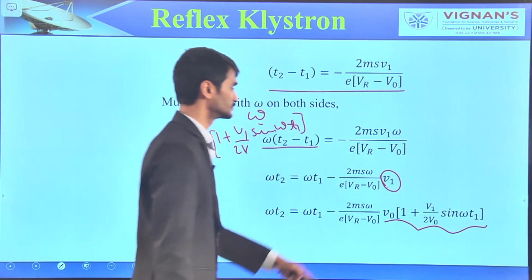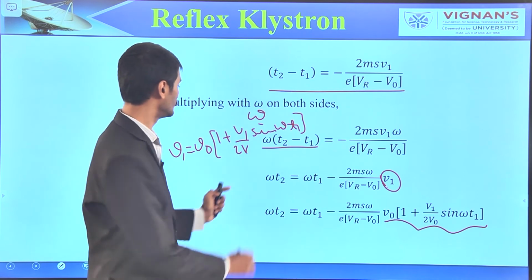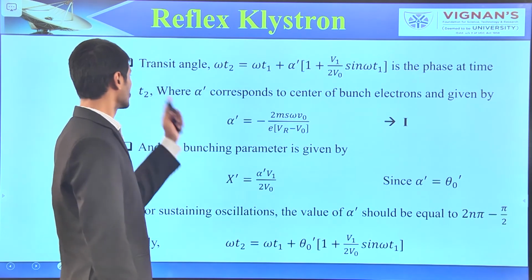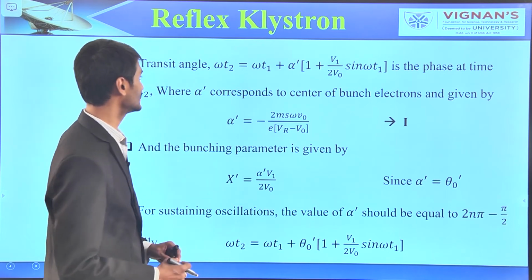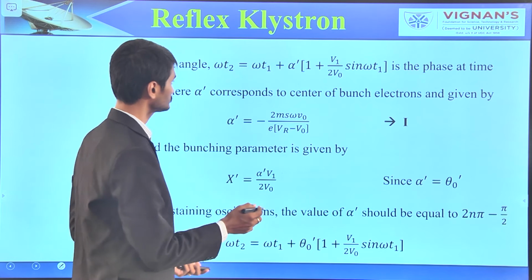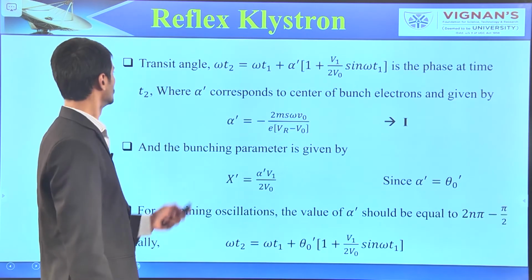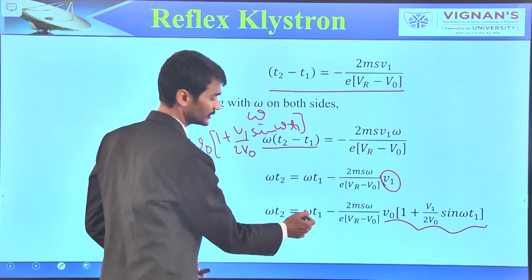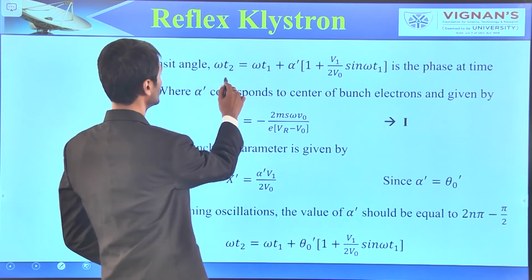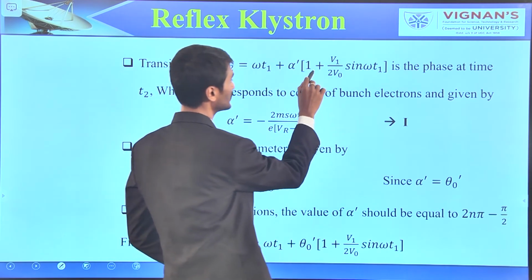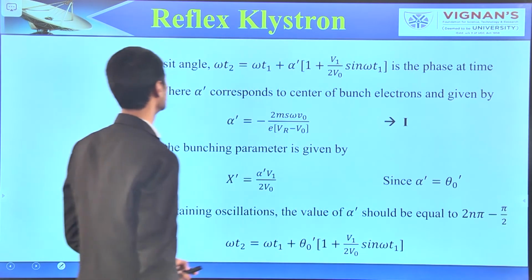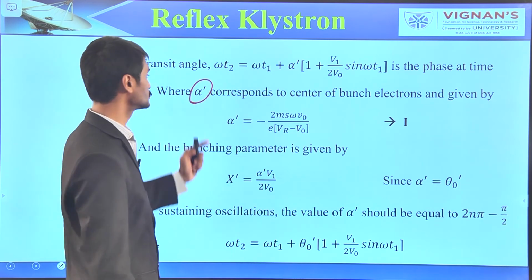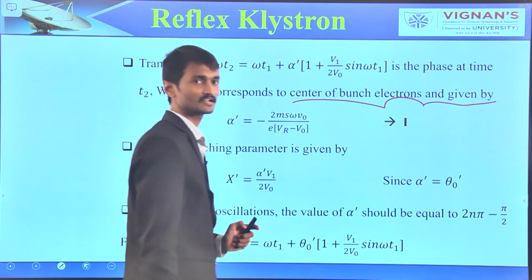So the transit angle omega T2 equals omega T1 plus alpha dash into (1 plus V1 by 2 V0 sin omega T1), which is the phase at the time T2, where alpha dash corresponds to the center of the bunch of electrons, and it is given by